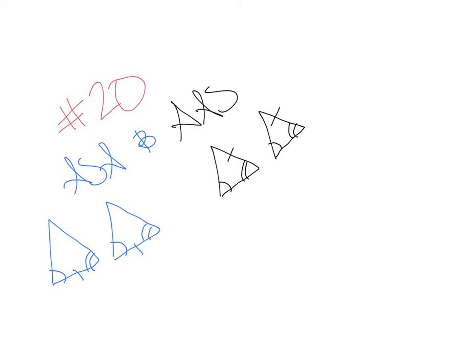Hey kiddos, today we're going to talk about two other types of triangle congruency theorems, which are angle side angle and angle angle side. These are going to be the last two, so these are the only ones that exist,